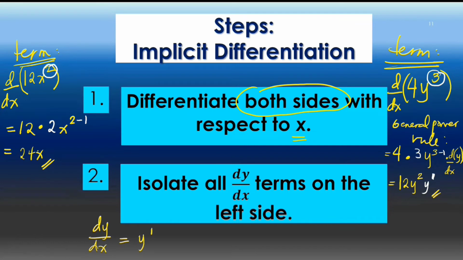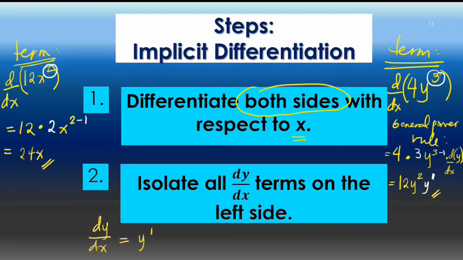Okay, so it is like a usual power rule. You multiply by the power, so you do have 12. You deduct 1 from the power, so it will become y squared. The only thing that you need to write in addition is the y prime, which is the derivative of the base y. Okay. So going back to the steps, after differentiating both sides with respect to x,